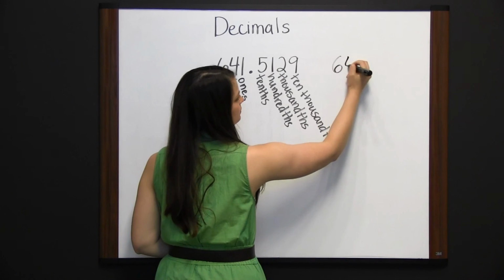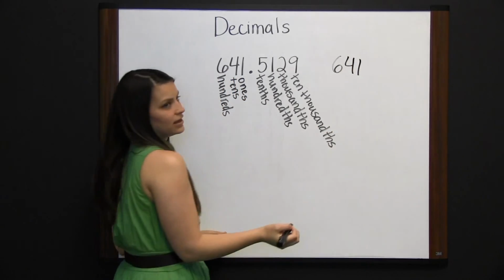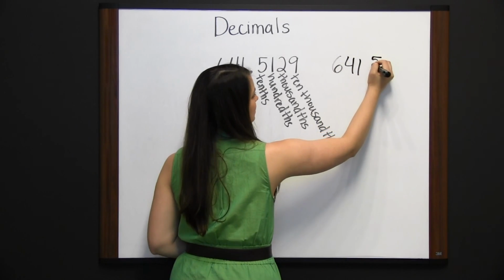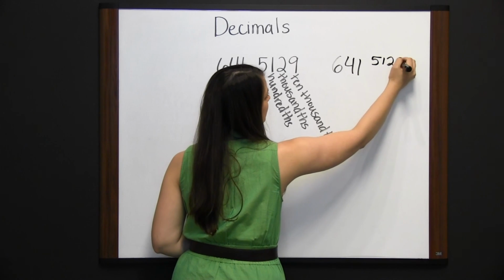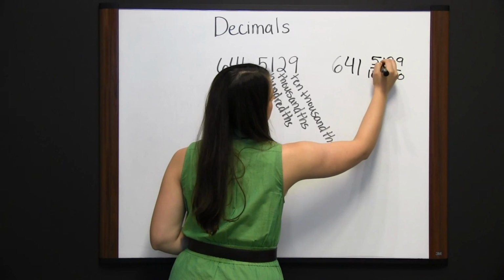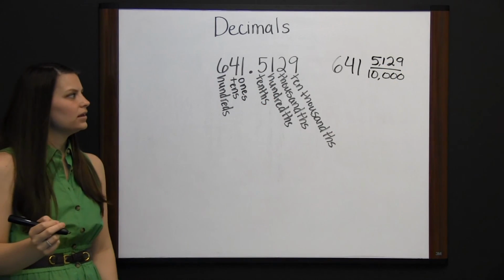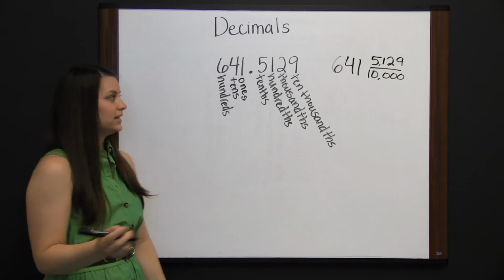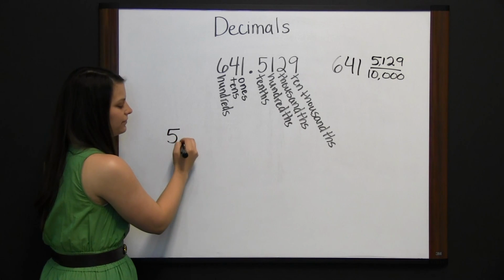This number could also be represented as a mixed number. 641 and 5,129 10,000ths. Let's look at another decimal. 5 and